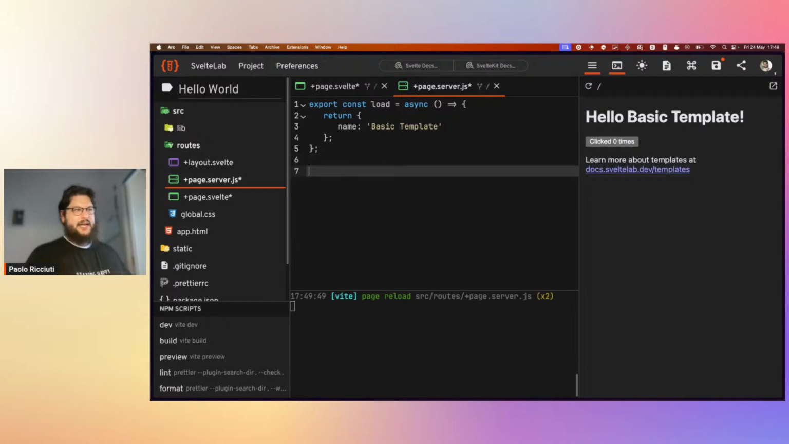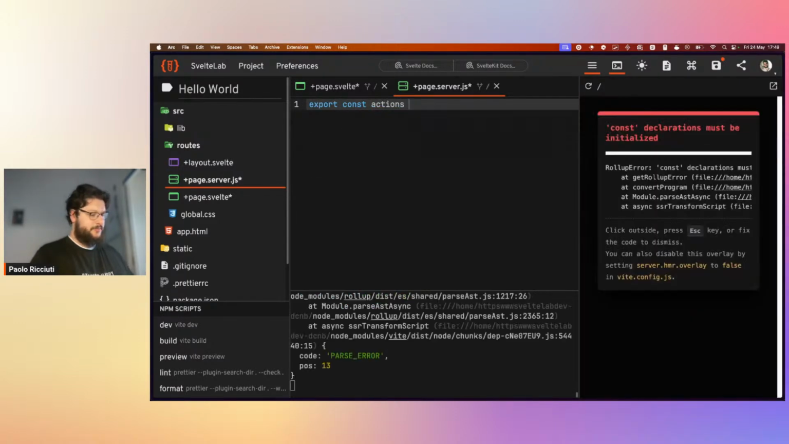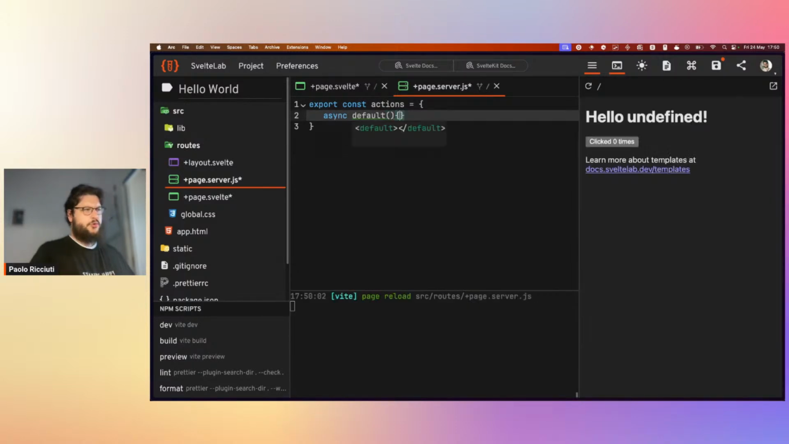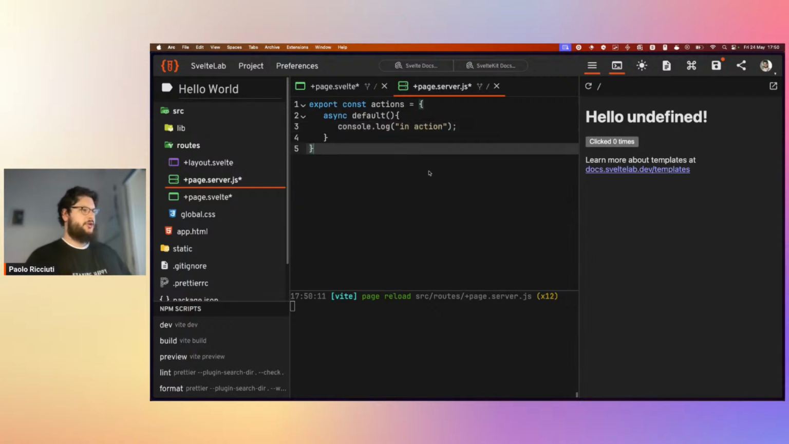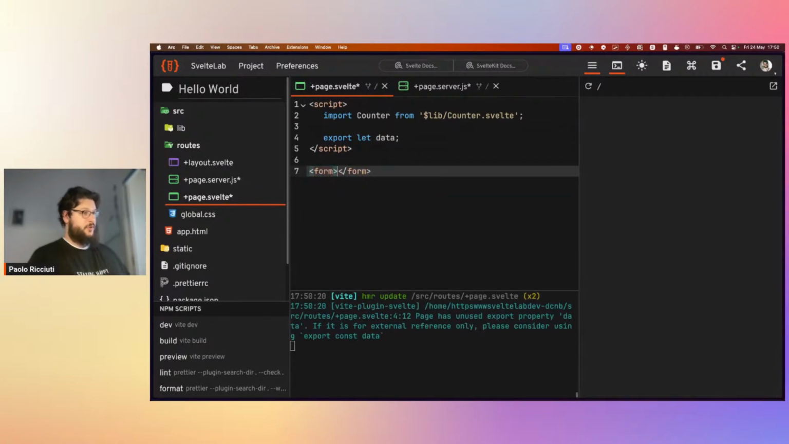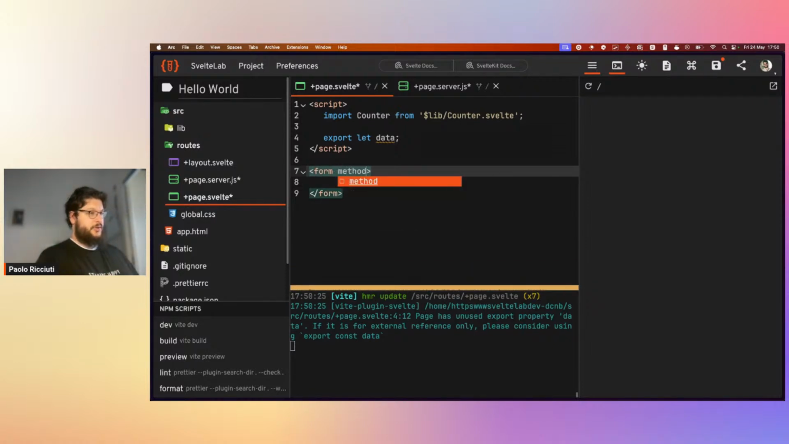Let's say that I have an action. So export const actions, async default, and the only thing that I want to do here is just log that we are here. Okay, log "here, in action". So I have this action. And inside my plus page.svelte, I will have a form that will connect to this action. So let's do a form, method is equal to post,